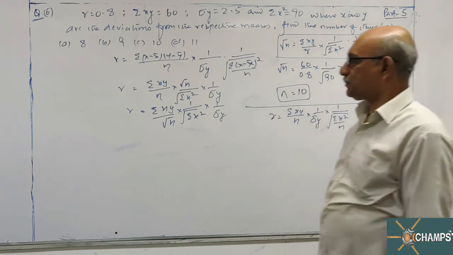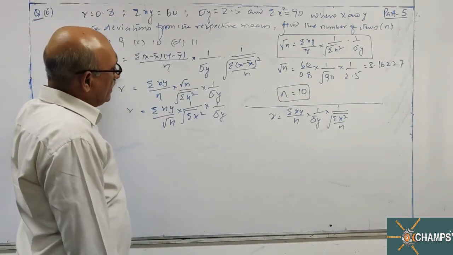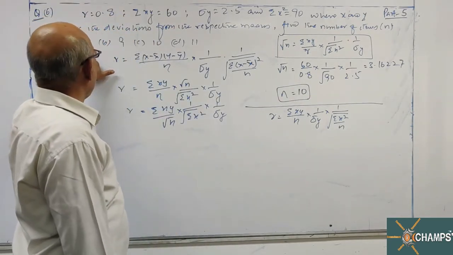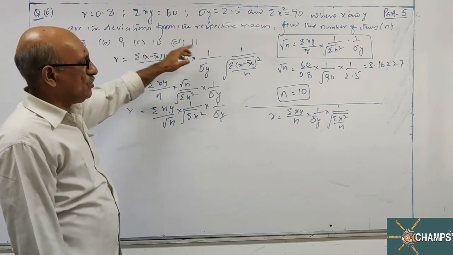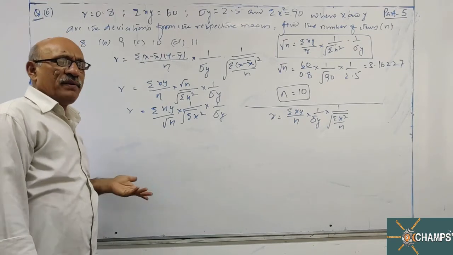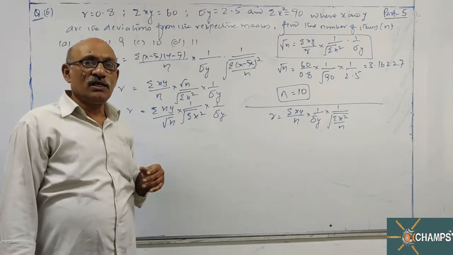If LHS is not equal to RHS for n is equal to 8, then go for n is equal to 9, go for n is equal to 10. This way you can verify. It depends on your convenience which method you want to follow. These are the two alternatives you have.